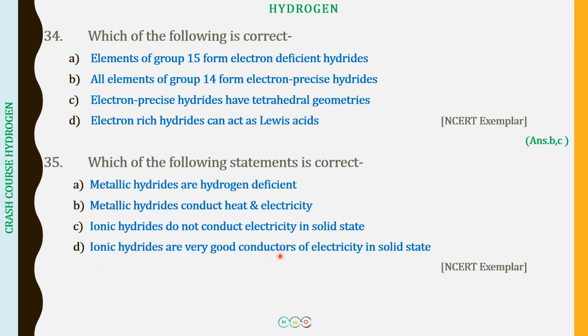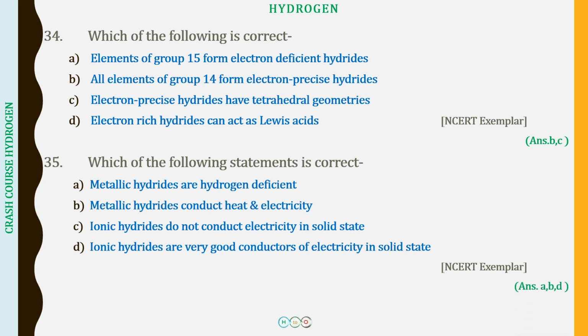Ionic hydrides, they are very good conductors of electricity in the solid state, so therefore obviously this is going to be incorrect. It is going to be either in the aqueous solution or in the molten state that these ionic hydrides, they will be able to conduct electricity, and when an electrolysis is going to be done, hydrogen will be obtained at the anode. Okay, and this is also when we see the electrolysis, what we come to know is that H negative is existing. So the electrolysis of the ionic hydrides and the release of hydrogen at the anode, this shows that we have the existence of H negative with us.